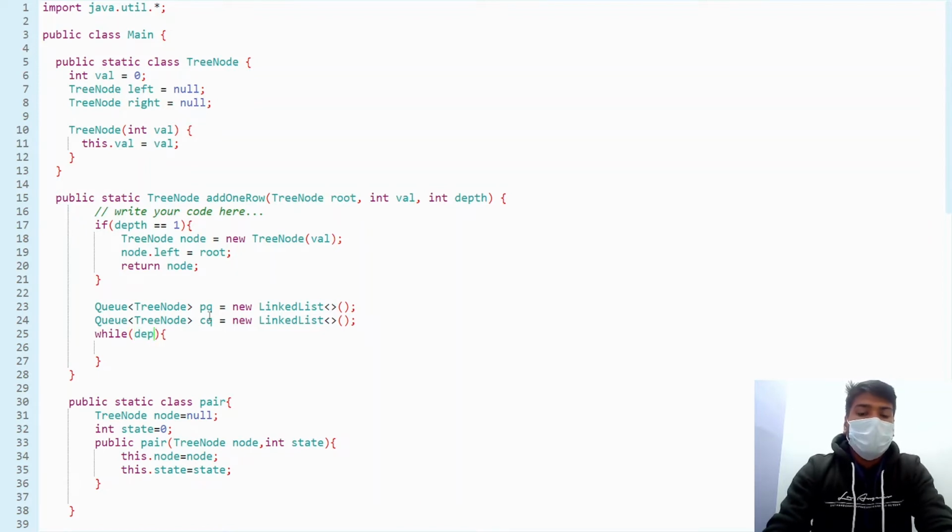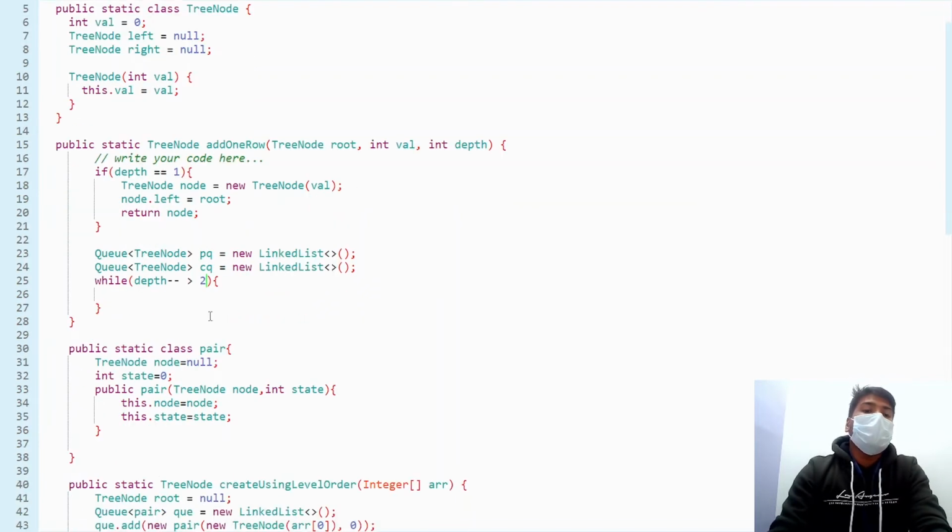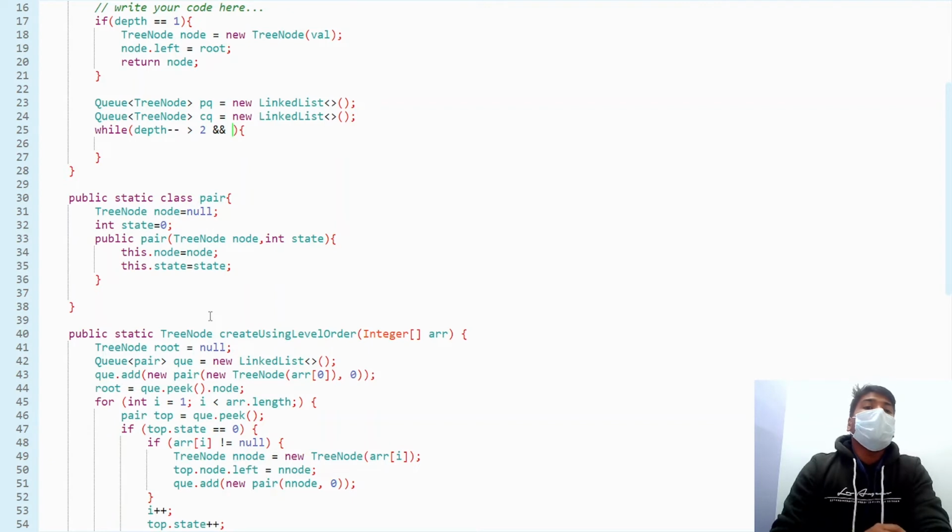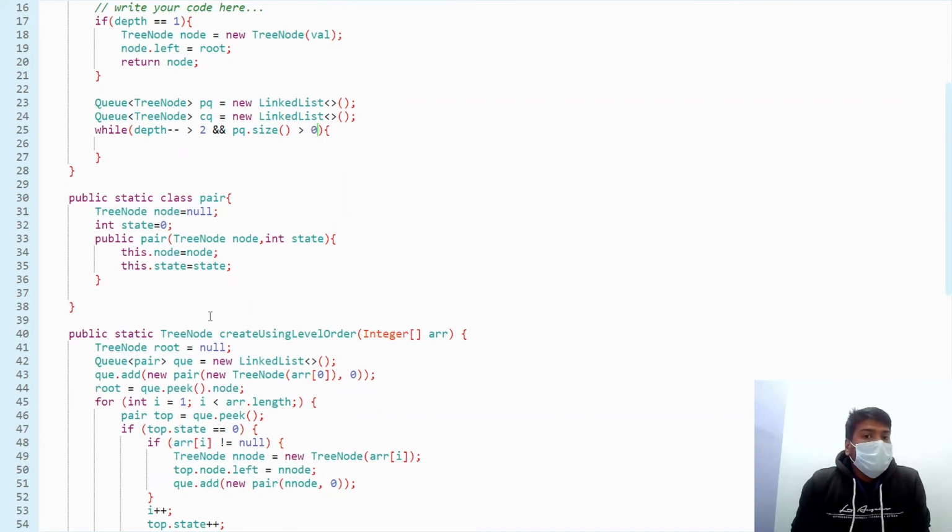see, till when I'll do the work: while my depth minus minus is greater than 2, till then I'll do the work. And I'll also write pq.size is greater than 0. So while depth minus minus is greater than 2 and while pq.size is greater than 0. When pq.size is not greater than 0, that means my tree is completely traversed. One condition would be enough, but I actually added the second condition of pq.size greater than 0, because see, if